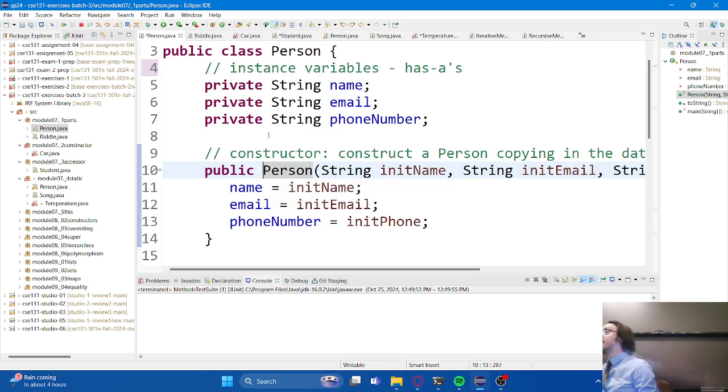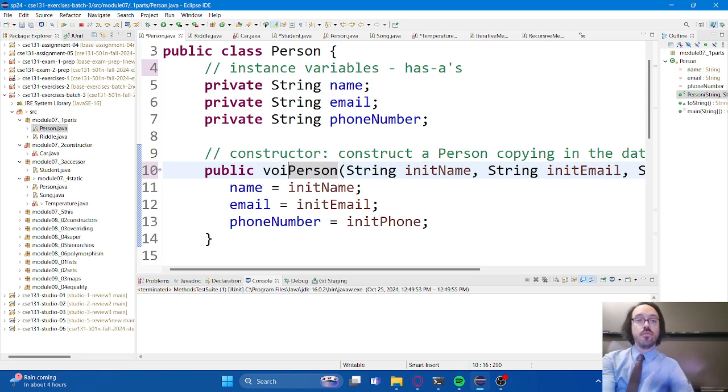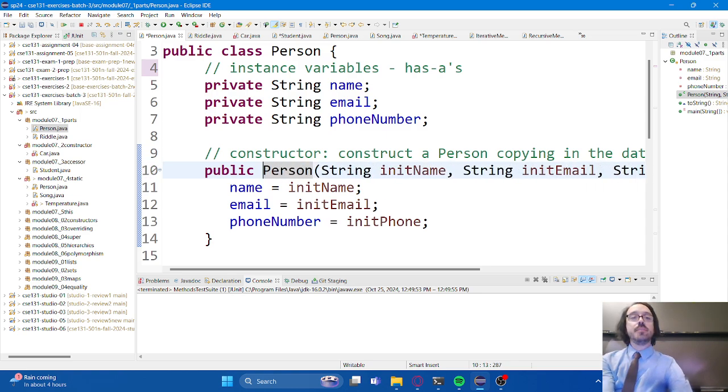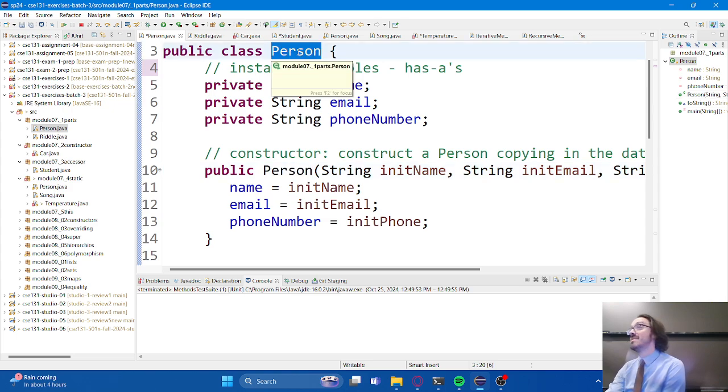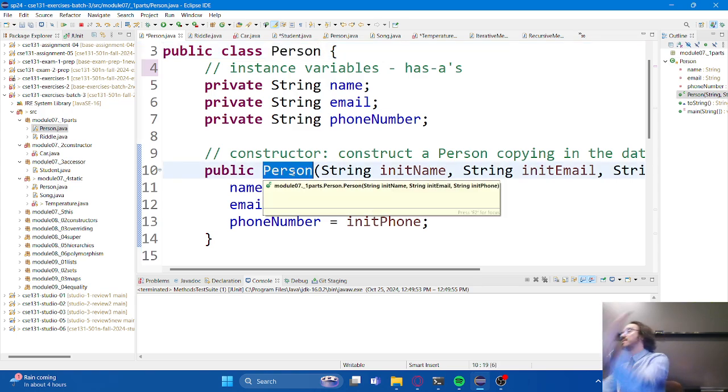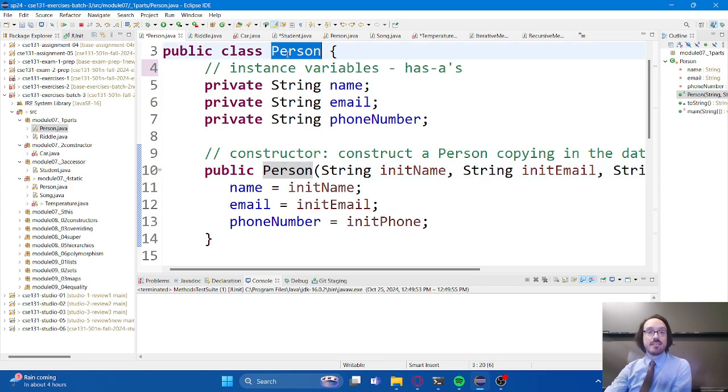Actually, that's a good clue. If you see a method that does not have a return type associated with it, so there's no void here, right? There's no double here, right? So if you see a method without a return type associated with it, that's a good chance that it's the constructor. Also notice the name of the constructor is the name of the class. That is not an accident. It is very much intentional as well. So the constructor, the method that is used to create instances of an object, is going to have the same name as the class, and it's not going to have a return type.